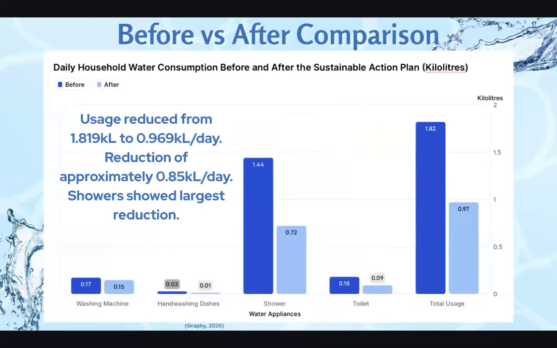Before the Eco Challenge, my household used about 1.819 kiloliters of water per day, or about 663.96 kiloliters per year. Showers are the main use, about 525.6 kiloliters per year, followed by toilet flushing and washing machine use. After making sustainable changes, household water use fell to about 0.9686 kiloliters per day. This is about 0.8504 kiloliters less each day, with an annual